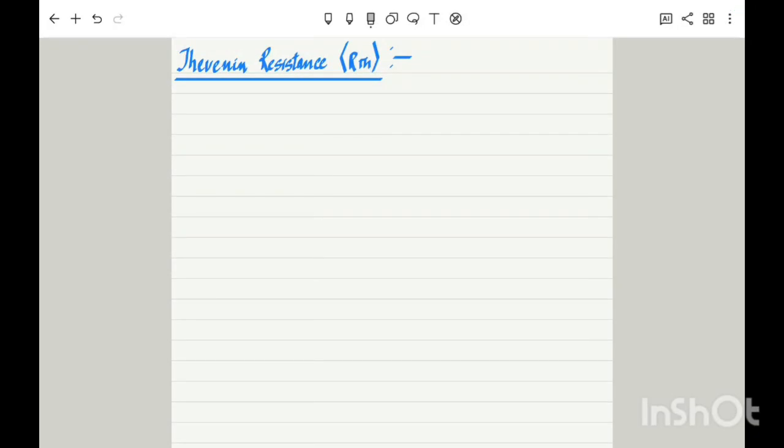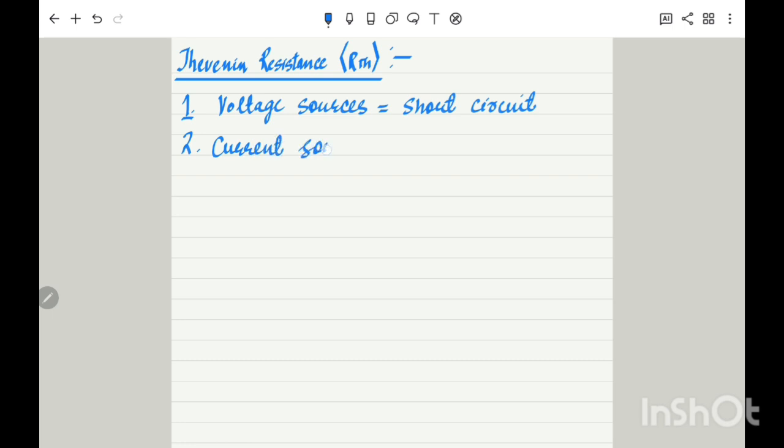In this video, I'm going to explain how to find Thevenin's resistance of any network. When we have to find RTH of any network, first thing we have to put all voltage sources as short circuit, and we have to put all current sources as open circuit. Okay,